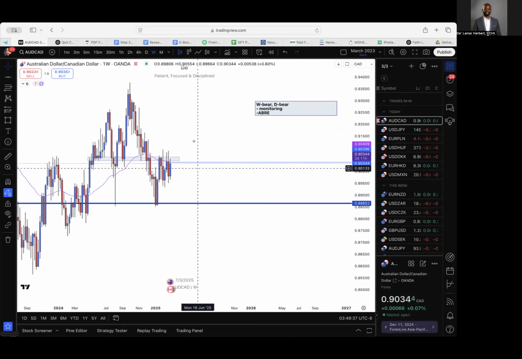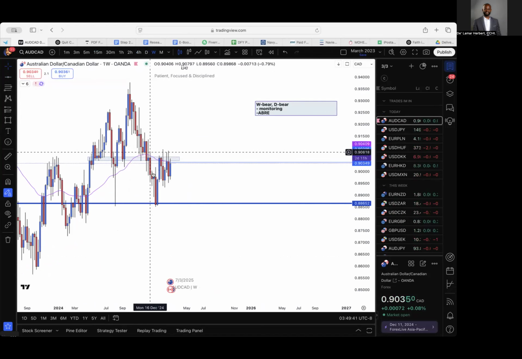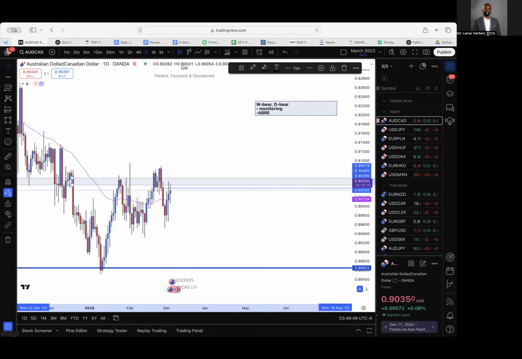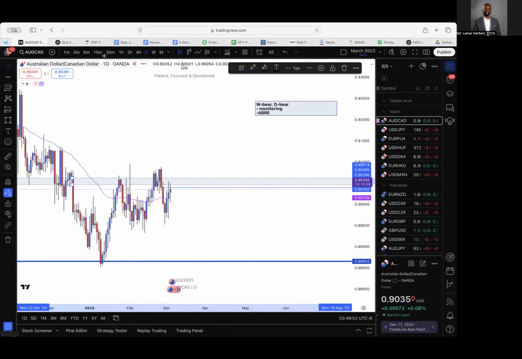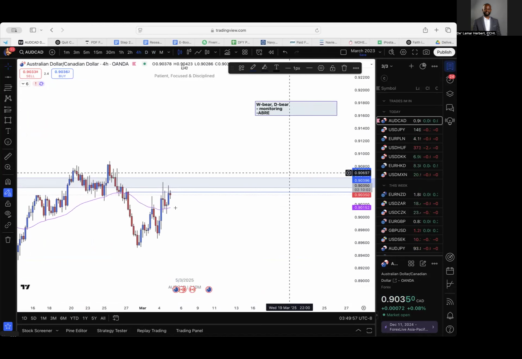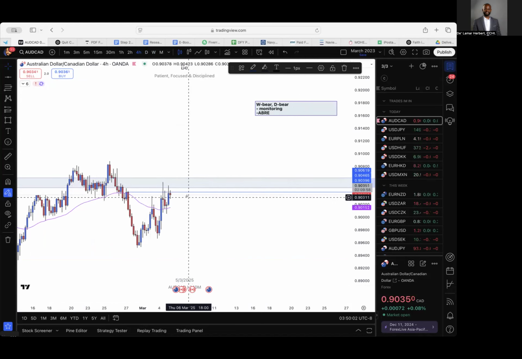Last but not least, AUD CAD. AUD CAD weekly, we're still bearish. We're still in this bearish time frame. We are pulling up back to this AOI, this area of interest. Daily is currently bearish, right? So we're in synchrony, and it's still pulling up. We had that pullback on the daily. That's just wonderful. It is still bearish on the 4 hour,